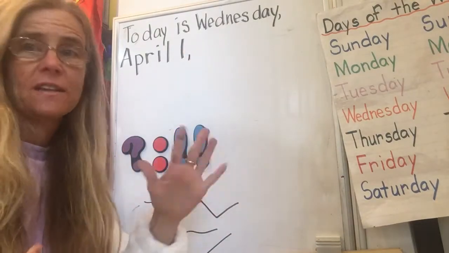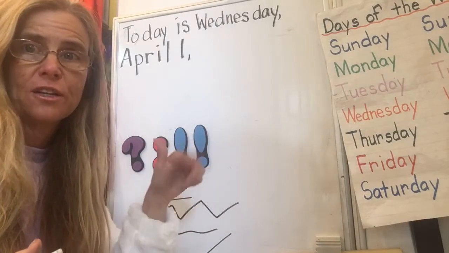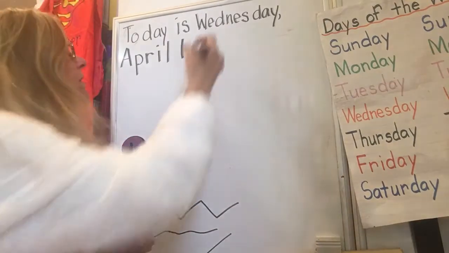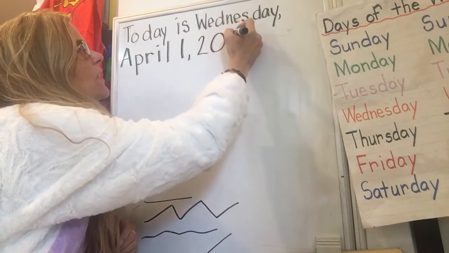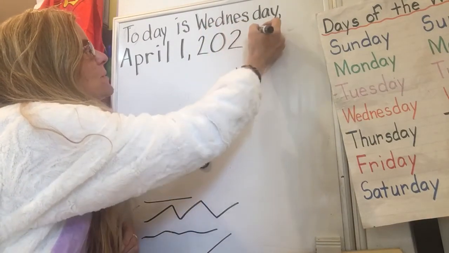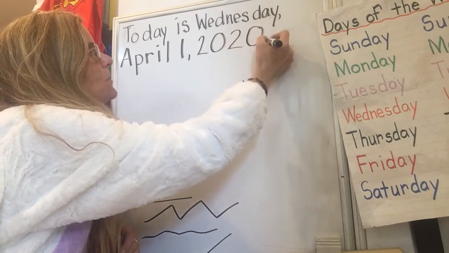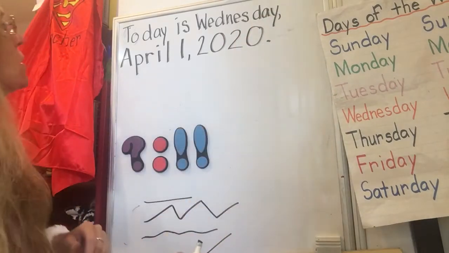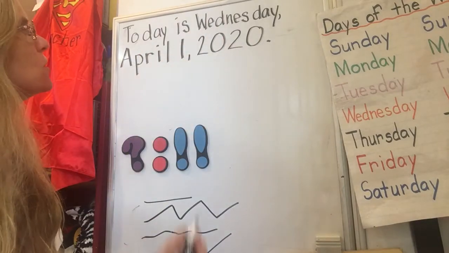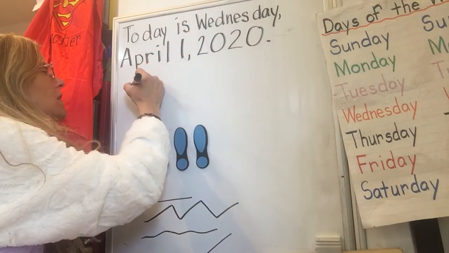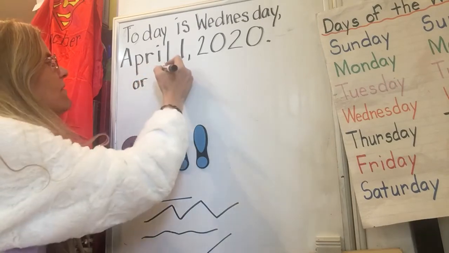Same as yesterday and the day before and the day before for all of January, February, and March, and now April. I put a 2 in the thousands place. I put a 0 in the hundreds place. I put a 2 in the tens place. I put a 0 in the ones place. 2020. Today is Wednesday, April 1st, 2020. Or, OR, which means instead of,